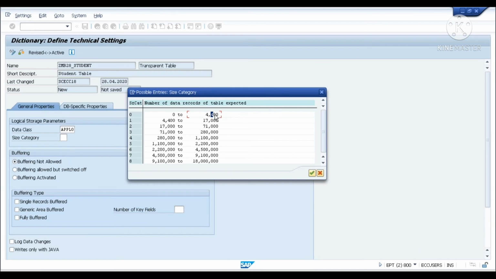So if you are sure that you have a small amount of data, then you can go for this 4400. Though it will not create any problem, for memory management purposes it is advised that if you know how many records you are going to store, it's better to select accordingly.